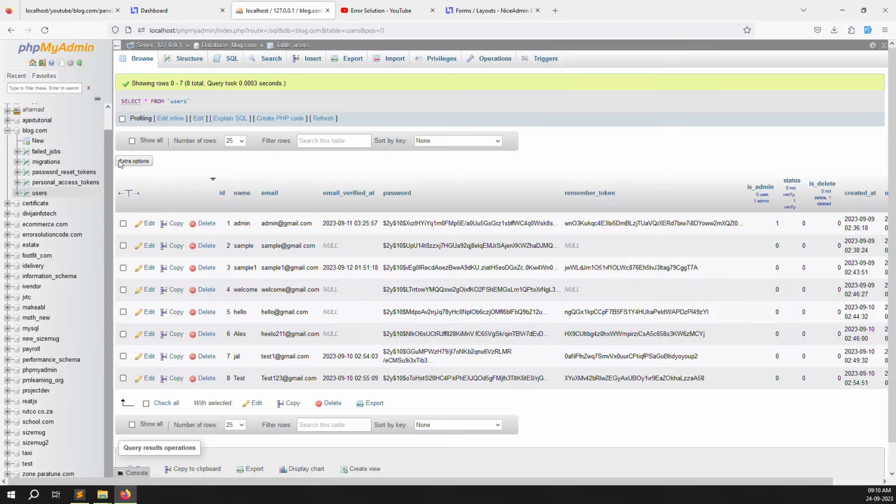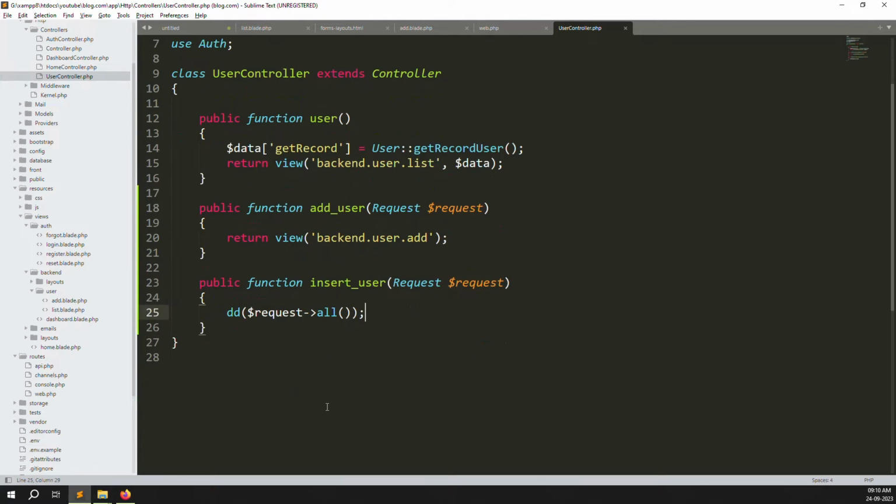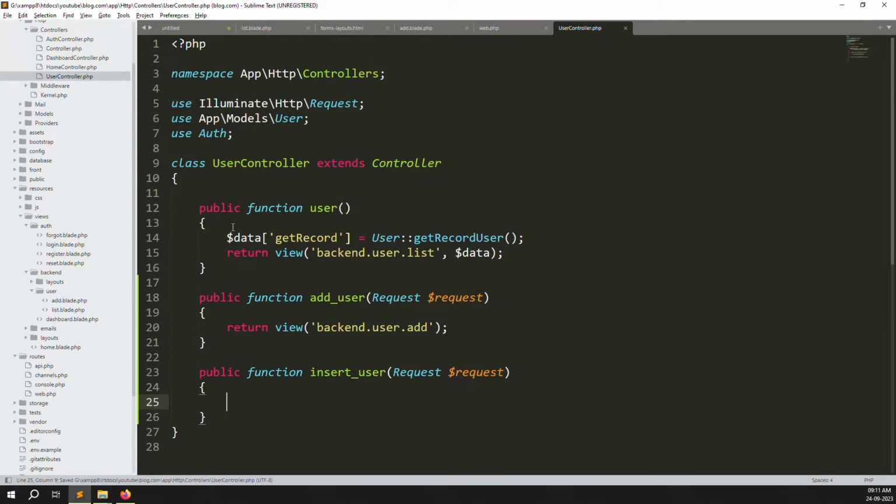So we need to store this inside the database. Okay, so let's do it now. It's a very simple way. We already did it at register time. Suppose you are following this series, so you can see it there. Just type save is equal to new